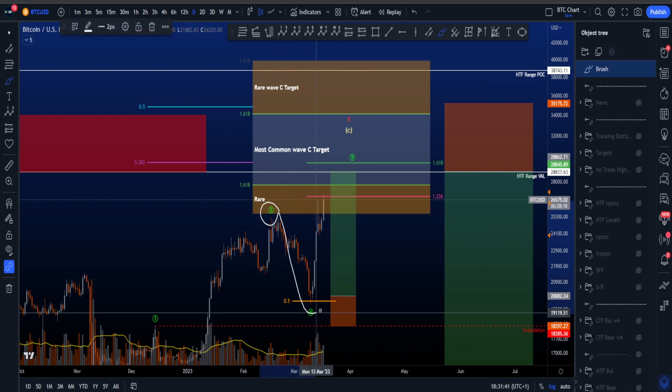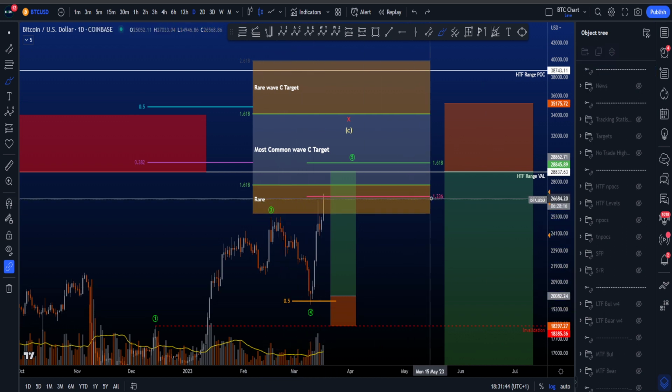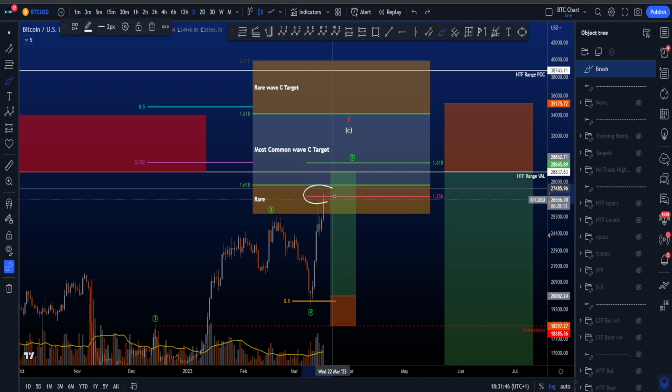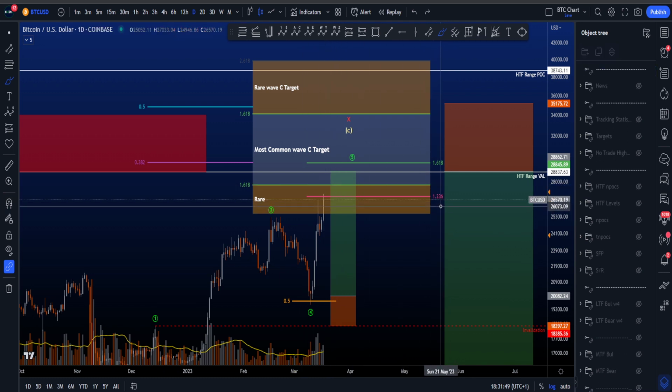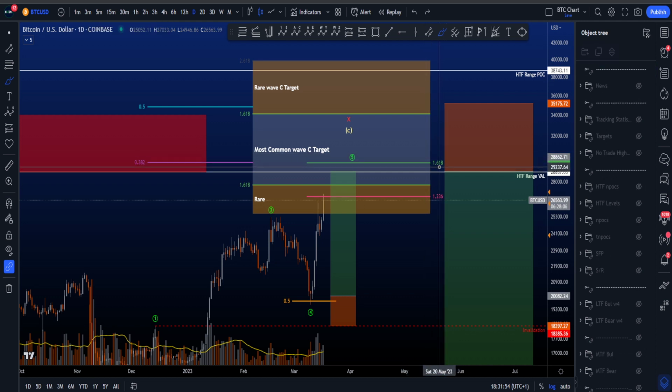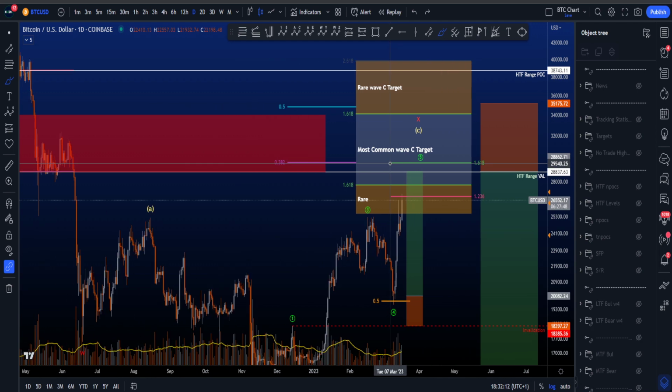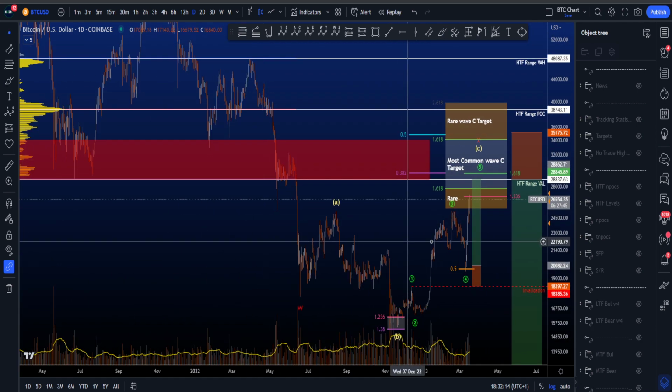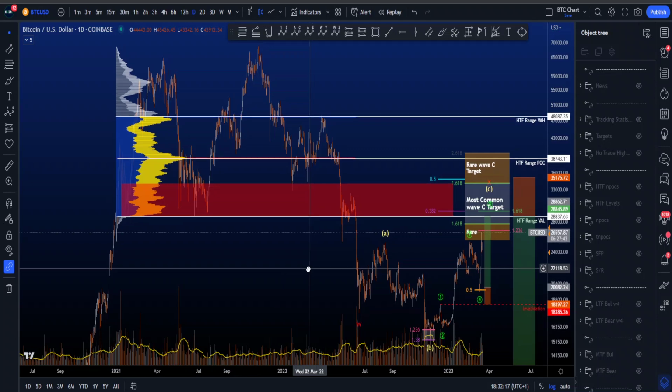taken from the high of 3 to the low of 4. It's just a normal Fibonacci pull over here, and you can see that currently we hit a minimum target for the wave 5, hitting the 1.236, with the maximum target being the 1.618. However, as we know, crypto and Bitcoin can be volatile. You can also expect still this target, maximum target for wave 5, to be passed for a little bit more upside. However, it is important to know these levels are here, with the 1.236 being 26.9k and the 1.618 is 29.6k. Then finally, which is something I have not yet spoken about in any other video, you can see the